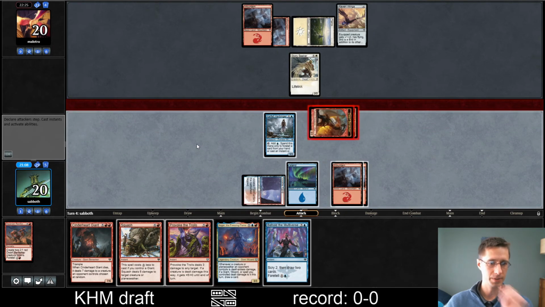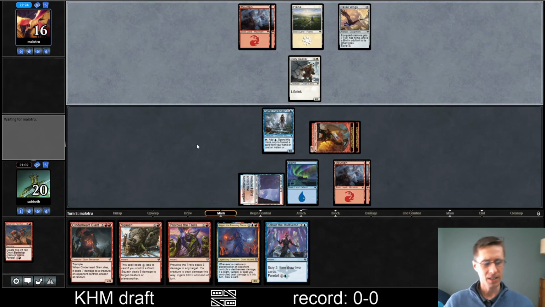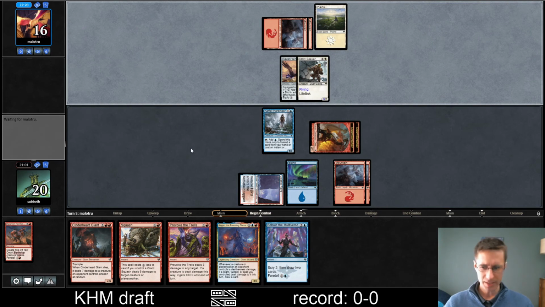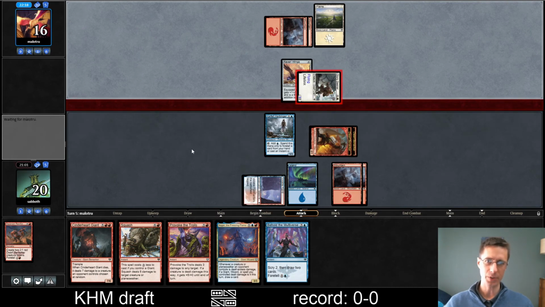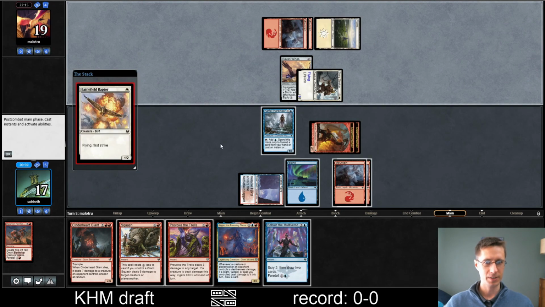Attack with these 2. Pass it. Why am I doing it this way? I want to let them get their hit in. They think they're so far ahead. They think they're so smart. But guess what? No. If they did something crazy, I would have